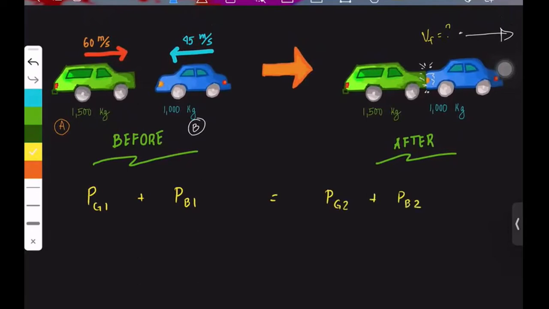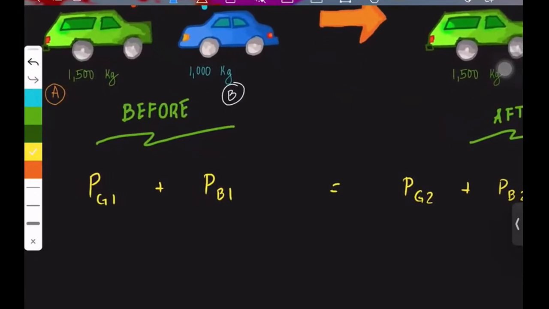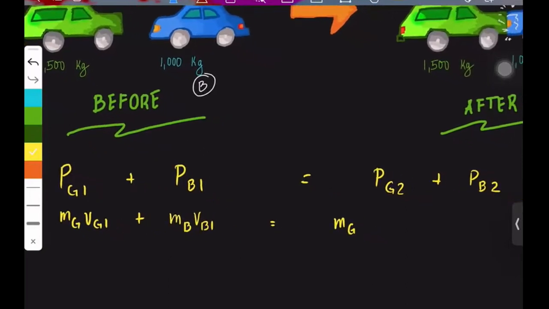After that, you go back to the origin of the formula of momentum. That means you have the mass of the green car multiplied by the velocity of the green car before the collision, plus the mass of the blue car times the velocity of the blue car before the collision, equals m sub g, the mass of the green car, times vg2, plus mb